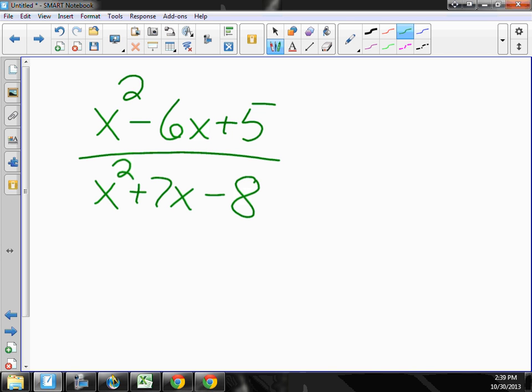And if they do, I can cancel the factors and then write a simplified equation. So on top, what do I know about the signs? They're both negative. Are there factors of 5 that add to be 6? 5 and 1. And then on the bottom,